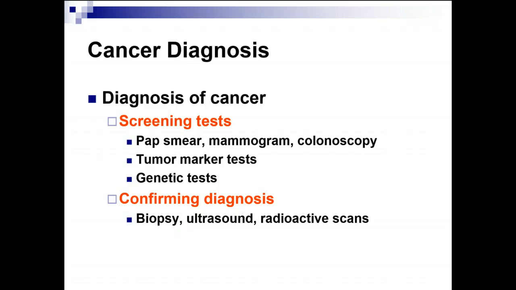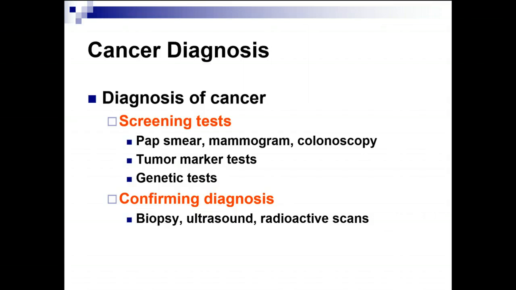Scientists are trying to develop tumor marker tests where they can look for specific proteins in the cells that would alert them to ones that are cancerous. Also, there are genetic tests now that can identify certain genes that increase the odds of you developing cancer. For example, they have identified a breast cancer gene. Carrying this gene or 2 copies of it significantly increases your risk of developing cancer of the breast.